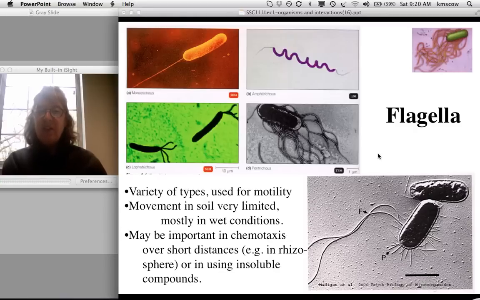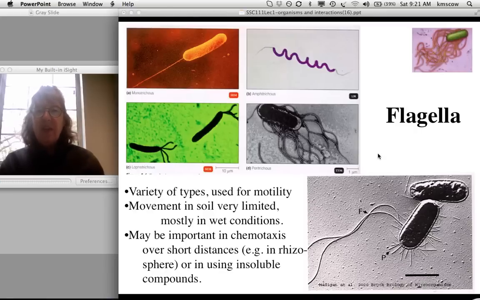It's interesting to think about soil in that movement is going to be much more limited than in an aquatic system. And the greatest amount of movement will happen when the soil is wetter,